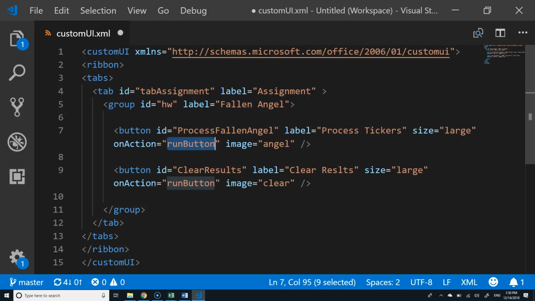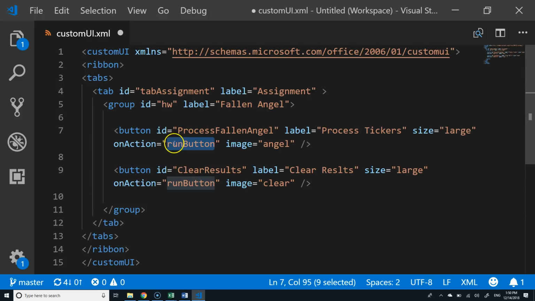I heard some mumbling. Nope, same module. And even if it was different modules, that would be a collision, right? You'd have two procedures with the same name. It'd be no good. I heard someone say it. Well, he said it has to do with the ID, and that sounded better than what I was going to say. Ah, yes. Good, because that's right. But what were you going to say? I was going to say you could just have one sub called run button, and it says, if there's already data, then clear it, and if it's not, then do the other. Oh, yeah, so that's another possibility, right? You could look at the state of the workbook and decide what to do. But you're right. The ID is a better way.